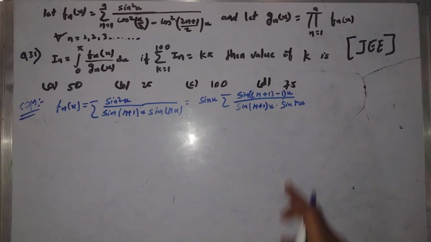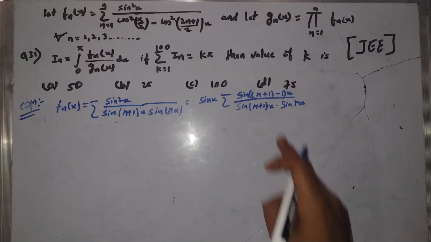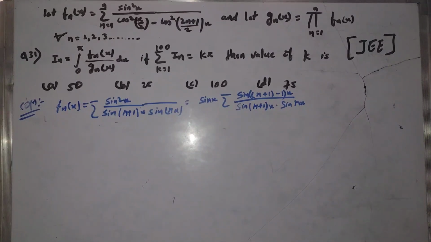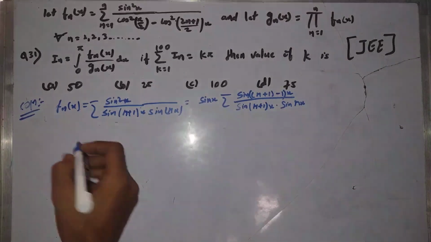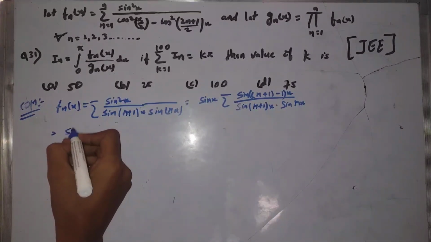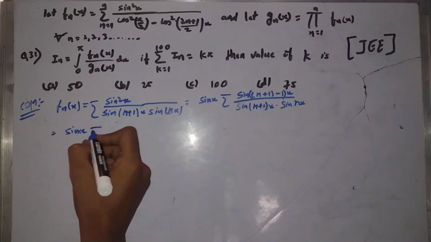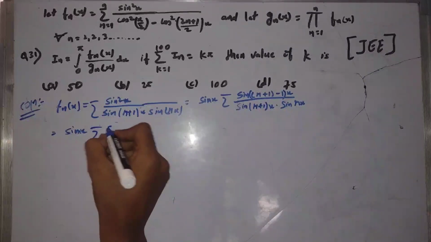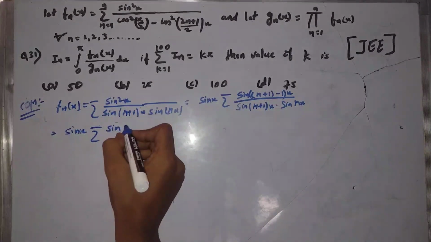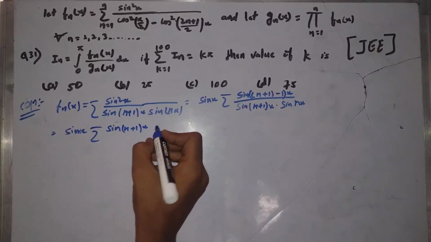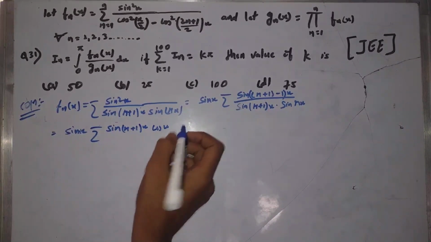Now we'll open the numerator. I am running out of space, but nevertheless let's do it. So I'm opening it here, so this will be sin x, and this summation would be sin a, so sine of (r plus 1)x into cos b,